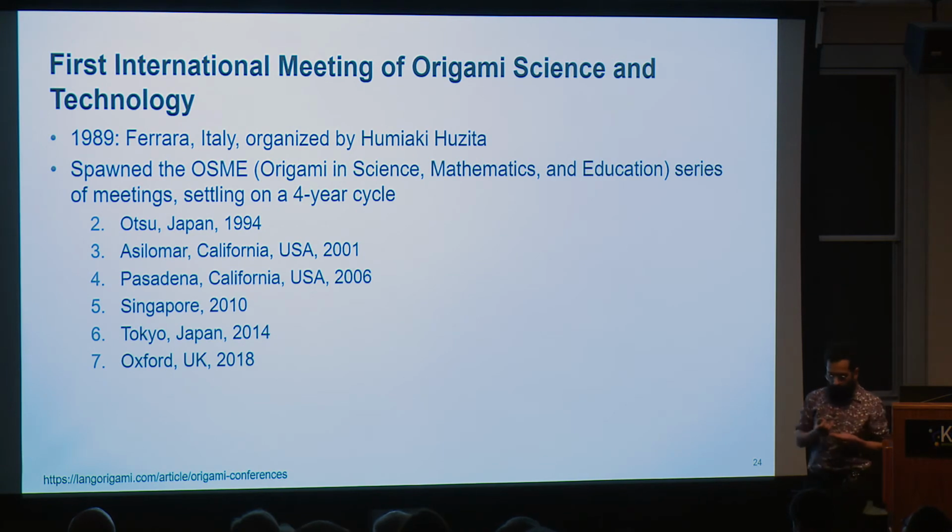And in 1989, there were enough scientists and engineers and mathematicians interested in origami to actually have a meeting. And this meeting was held in Ferrara, Italy. It was organized by Fumiaki Ozita, who I mentioned as being one of those mathematicians interested in geometrical construction through origami. And this first initial meeting was so successful that it spawned an entire series of meetings that have continued